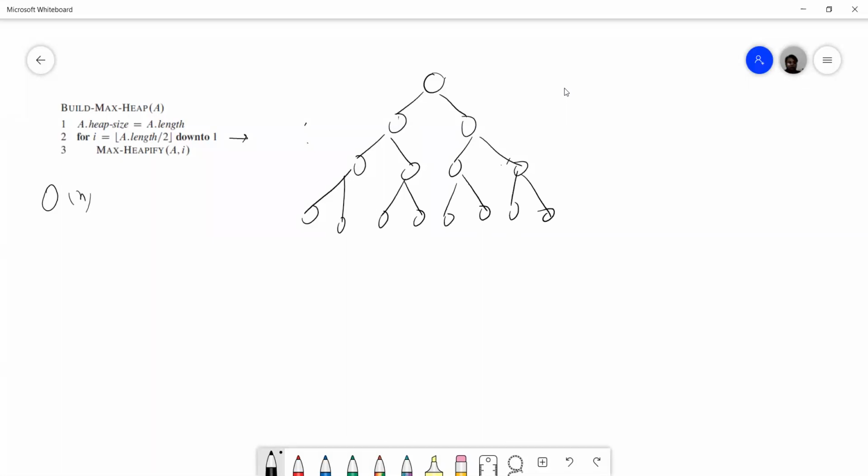How many nodes are there? Here we have 8 nodes, here we have 4 nodes, here we have 2 nodes, here we have 1.